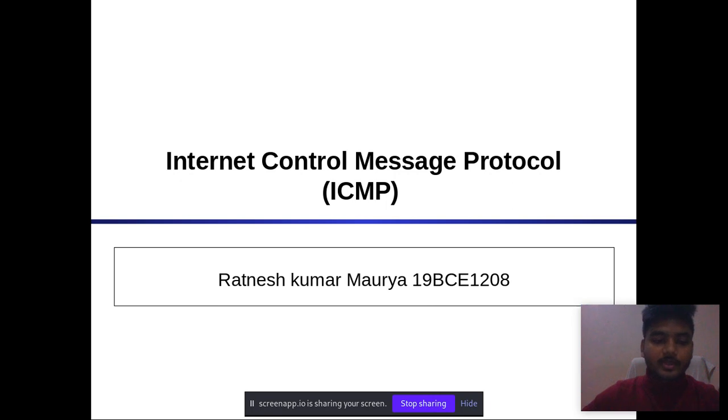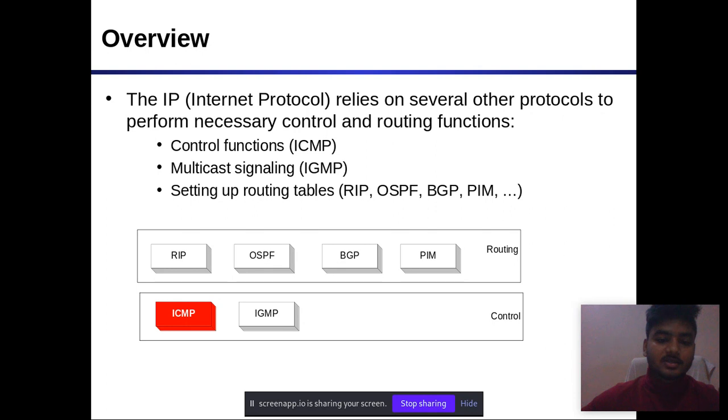It is used for reporting errors and management queries. It is a supporting protocol used by network devices like routers for sending error messages and operational information. For example, if the requested service is not available, then the host or router could not be reached.